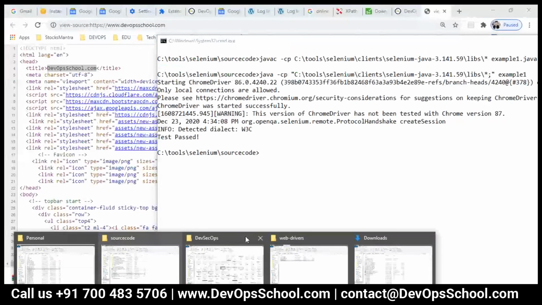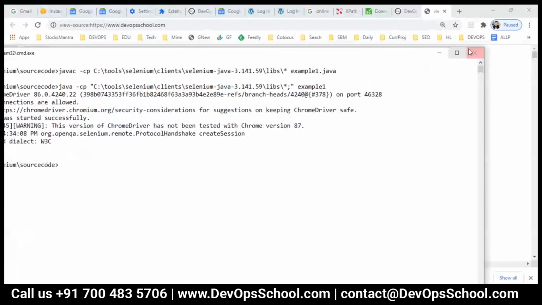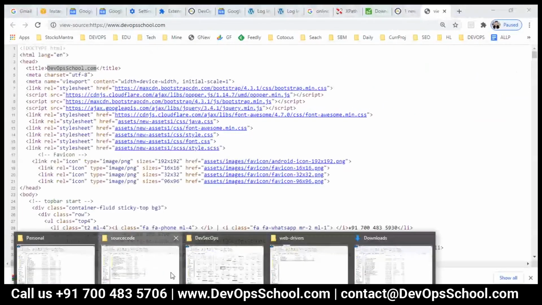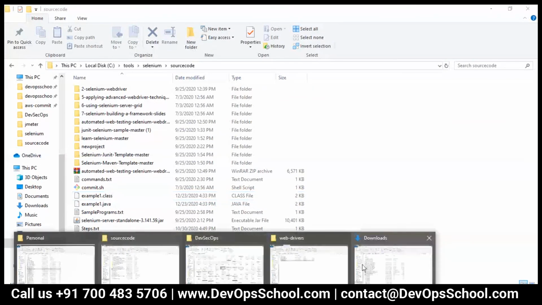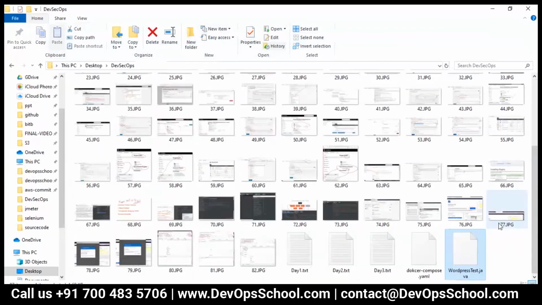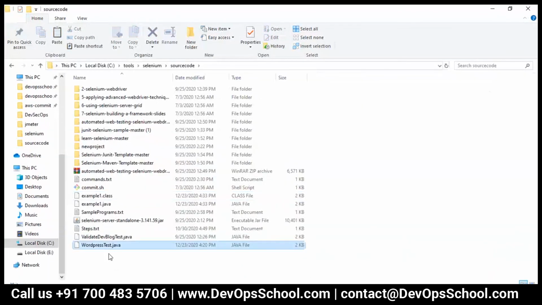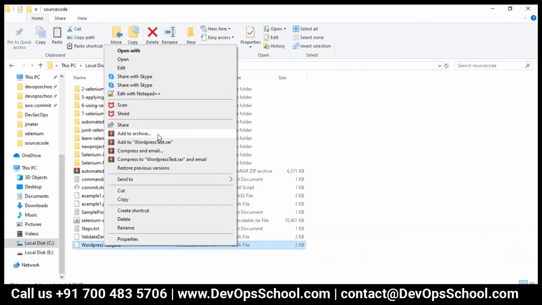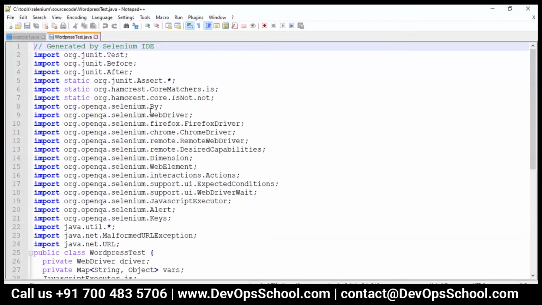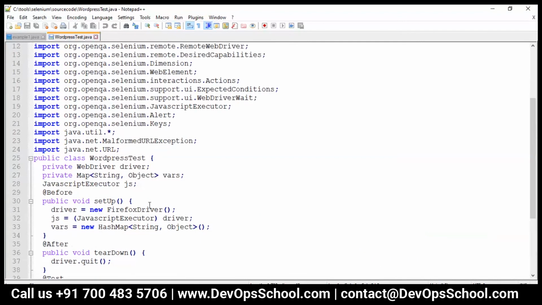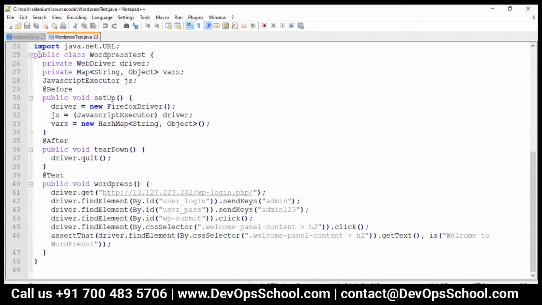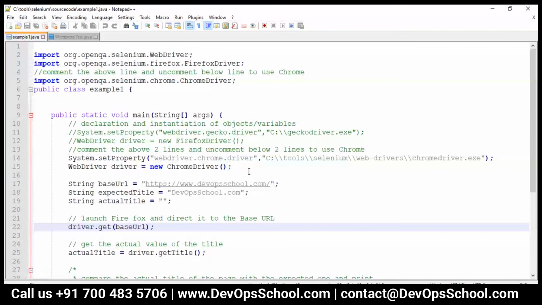So you know what? Let's close this. Let's change our login script also. So here I have, where is the file I copied? I forgot. It's here. So DevSecOps and this file. Okay, now this file, this is the URL login, everything is okay. Now guys, here I have to add the driver location.